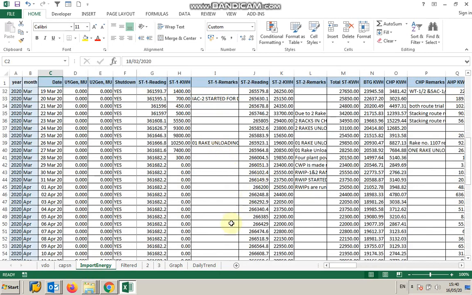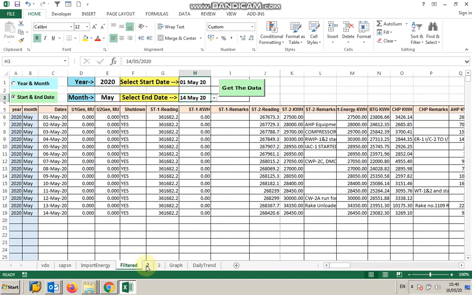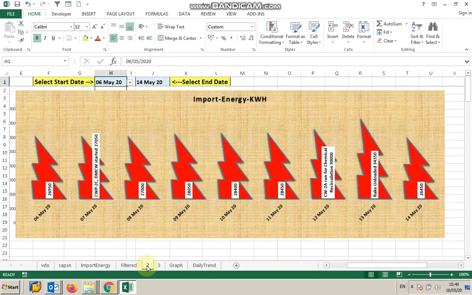But the problem is this: suppose in profit or sales data, or in my example the import energy data, when the import energy goes high, what is the reason? Or if the profit is less, what is the reason? The reason may be that the raw material cost has gone high. But there is no straightforward method to put those remarks with the data in the trend curve. So I will show how it can be done in some other way, by inserting comment remarks on the chart.